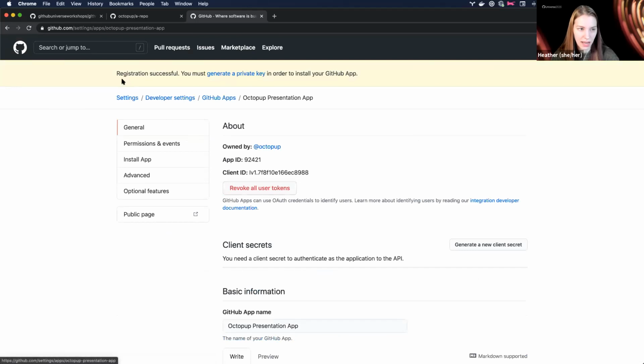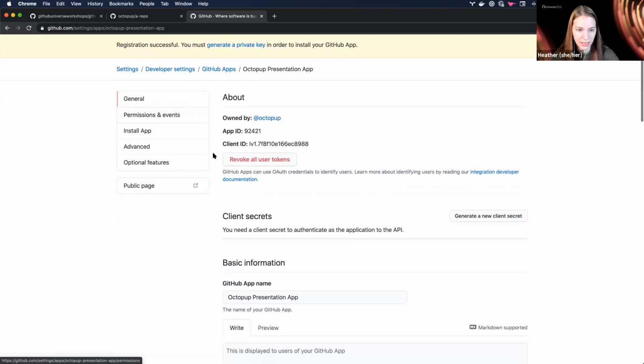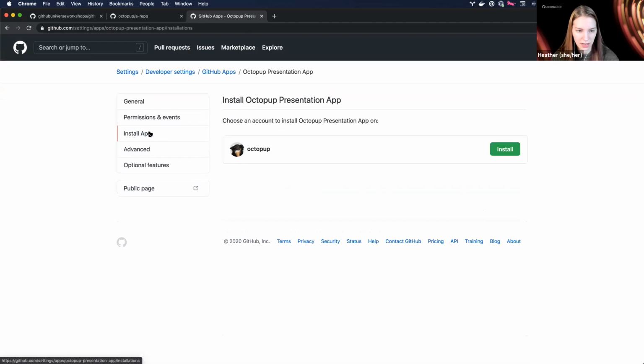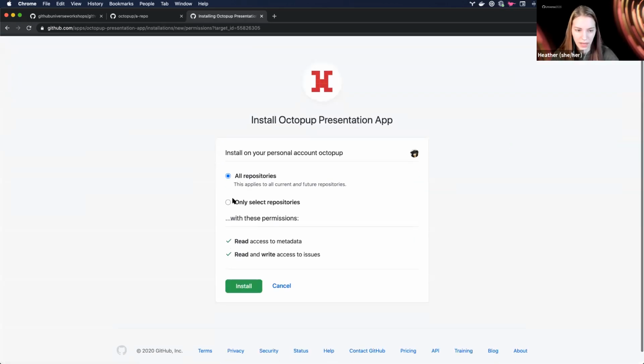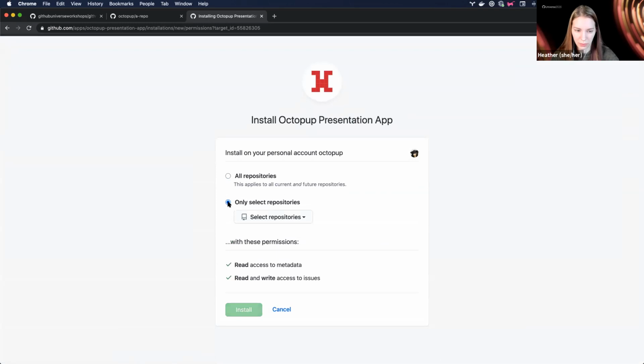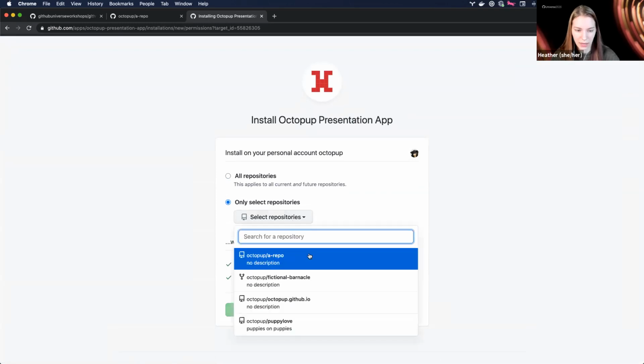Clicking on that button, I got a registration successful, which is fantastic. So the last thing I'm going to do for this setup is install the app. Going over to this third row in this column, installing an app, clicking that big green install button on my account, Octopub. I'm going to select only select repositories, and then select that one repository I mentioned earlier and that I have open,